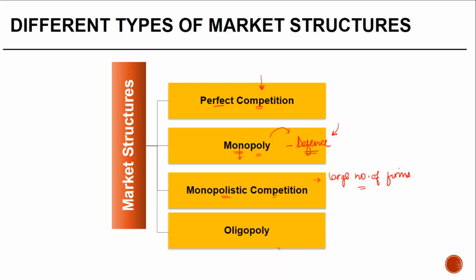And the last one is oligopoly. In case of oligopoly, there are few firms, right? And typically between themselves, they produce most or a large amount of the total output of a particular